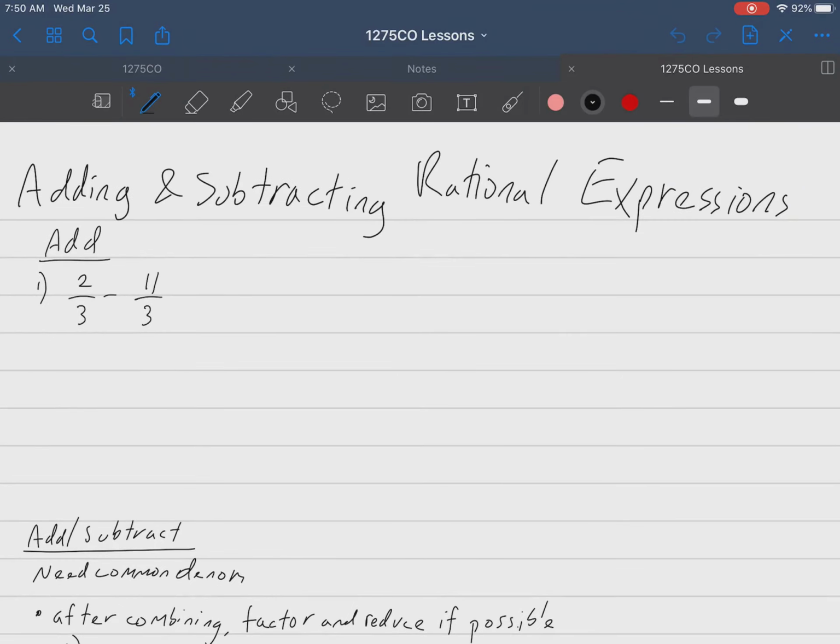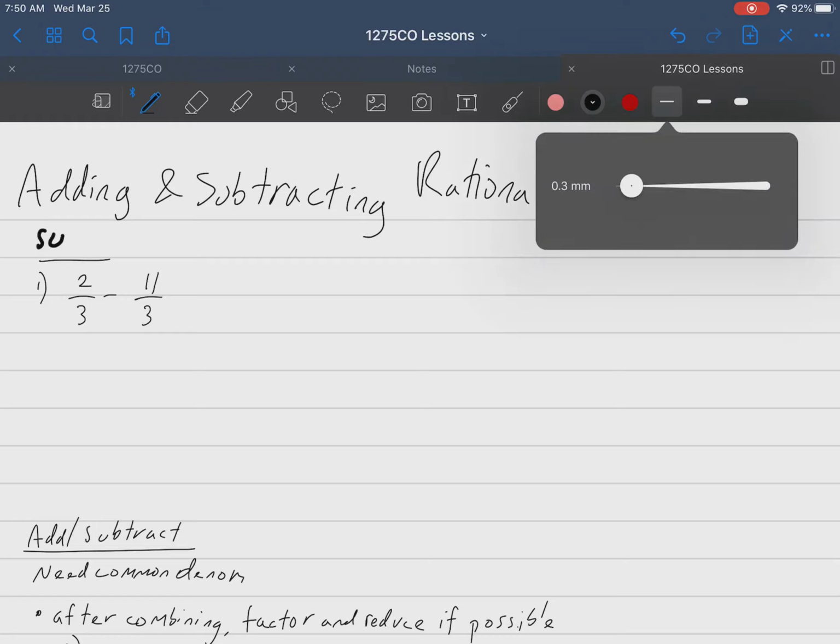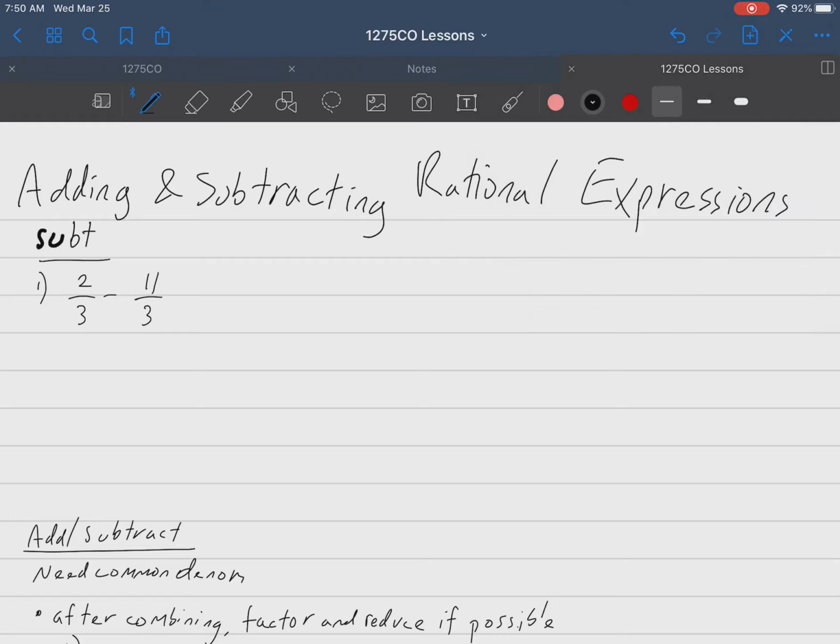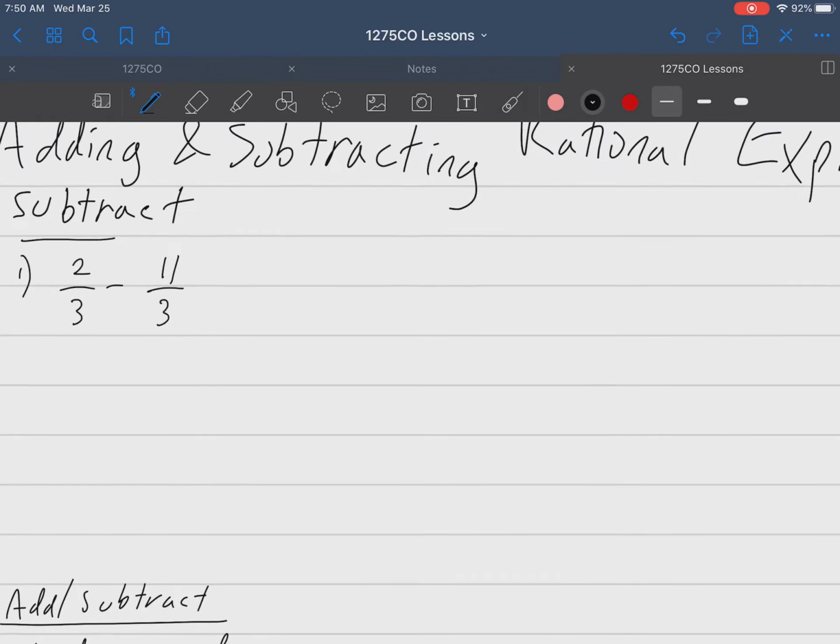Hey everyone, today we're doing adding and subtracting rational expressions. This is going to be adding and subtracting fractions essentially, and we'll start with the ones that have like denominators. So let's subtract 2/3 minus 11/3. Now the rule of subtraction or addition